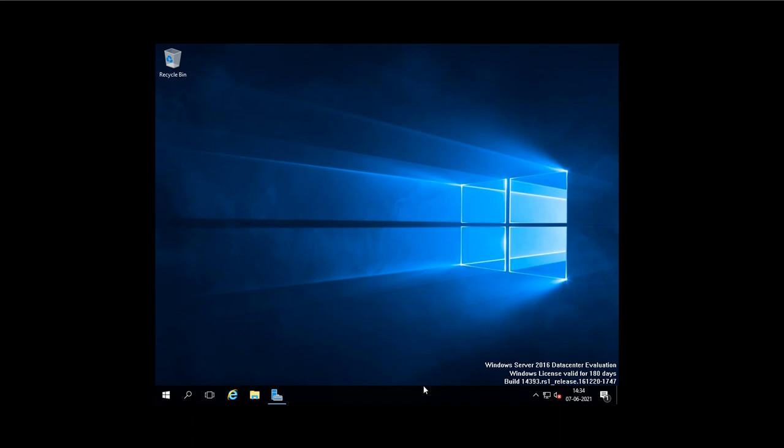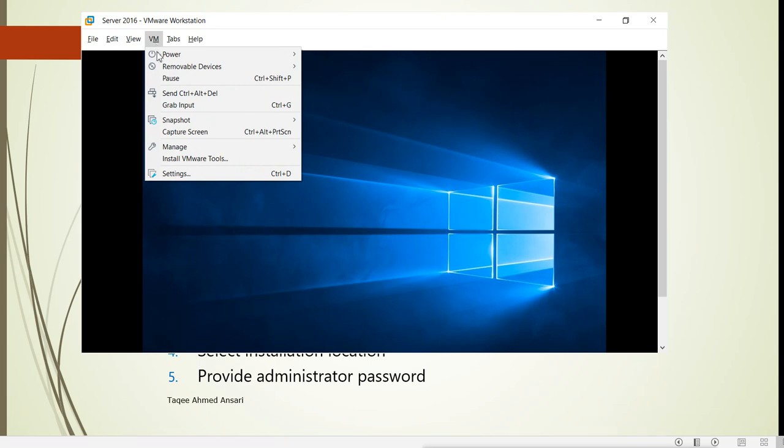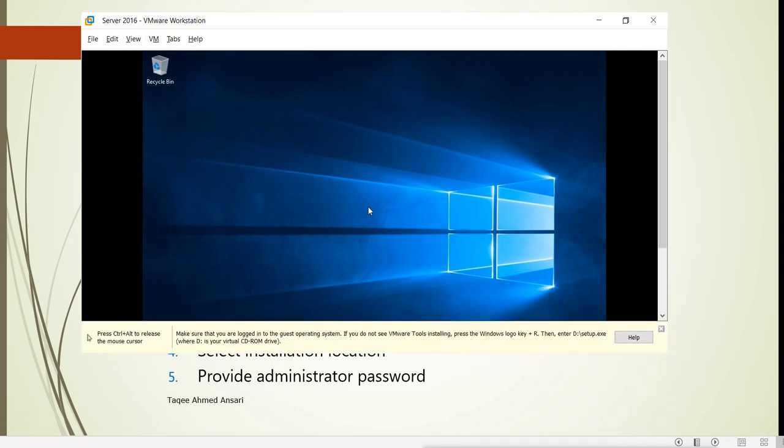We will go to VM, and in the VM tab we have the Install VMware Tools option. We will select this, and it is going to give a software here under the virtual machine. From there we can run the installation, like it is showing here.